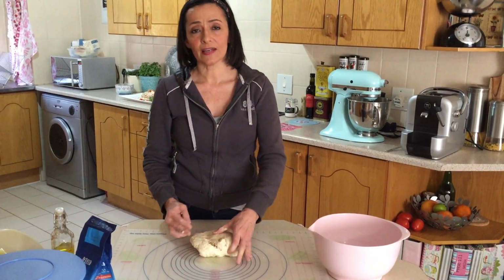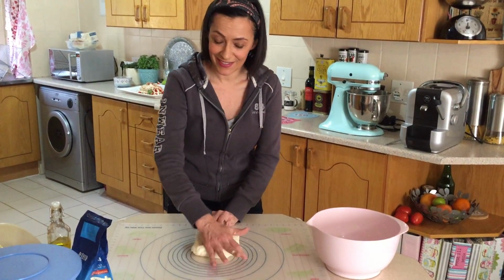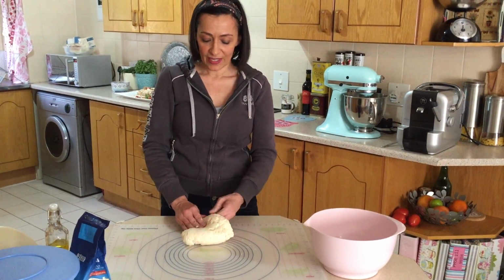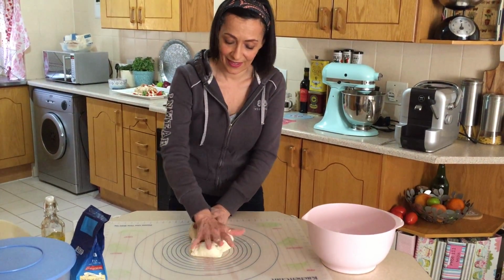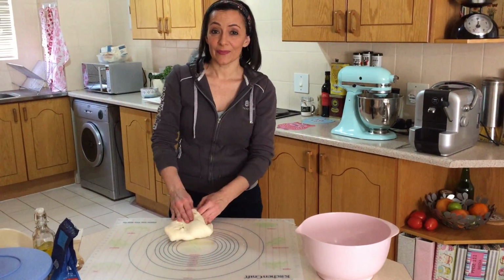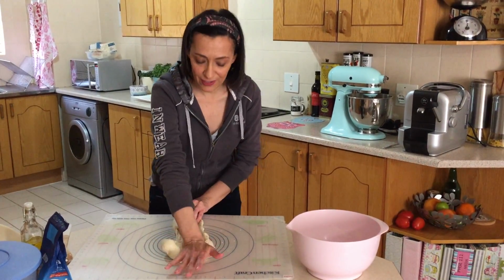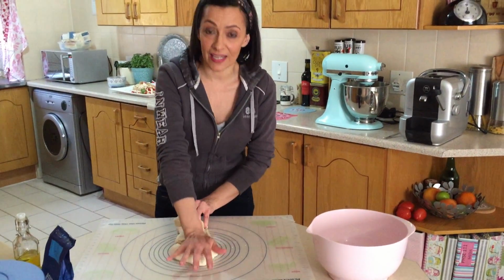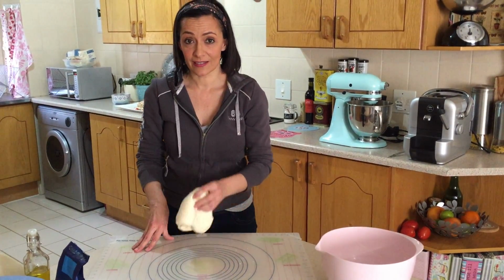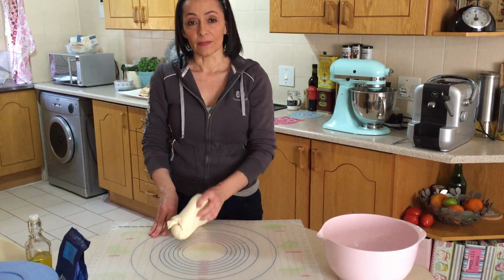Now I knead my dough for a minimum of 10 minutes. That's usually enough to develop the gluten. Okay, right, so I'm going to knead my dough for about 10 minutes. It's already becoming smooth and elastic. I'll show you towards the end how you can test for that elasticity that you want to develop during the